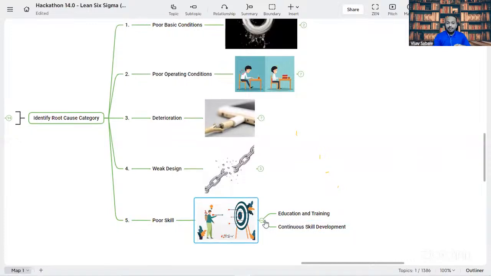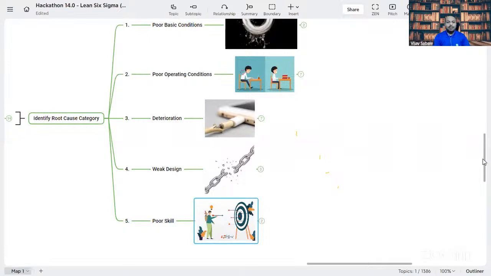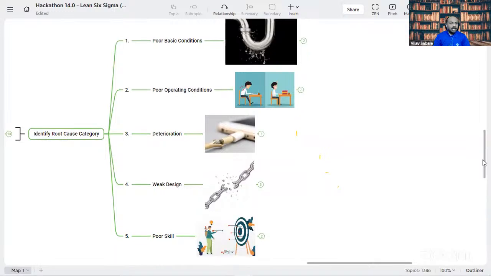Now, if I am to summarize, irrespective of any problem that you're going to face, your root cause must belong to one of these five, right? And the fifth category, as I said, is the human element. As much as we try, mistakes are going to happen from our end, right? So we need to ensure that we fix the system, one, two, three, four, and then we work on the poor skills as well, right?